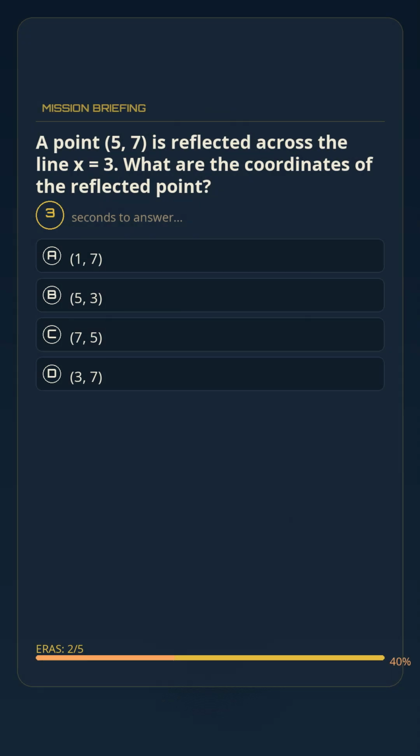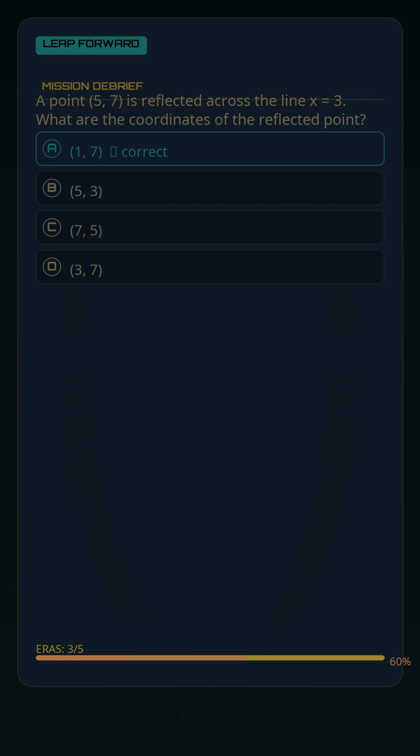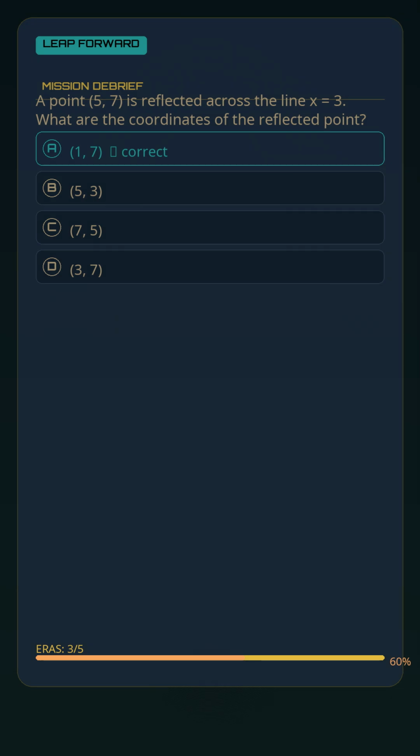A point (5,7) is reflected across the line x = 3. What are the coordinates of the reflected point? The correct answer is A. When reflecting across the line x = 3, the x-coordinate changes from 5 to 1. Since 5 is 2 units to the right of 3, the reflected point will be 2 units to the left of 3, and the y-coordinate